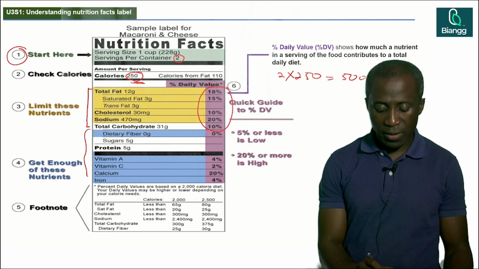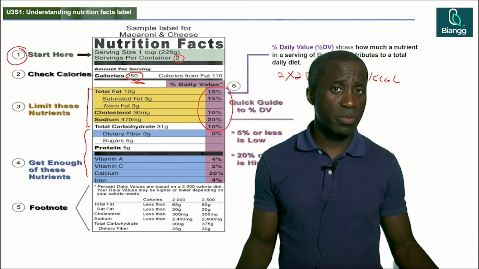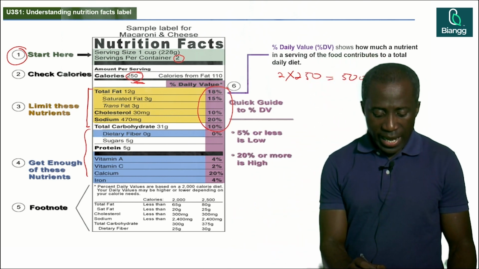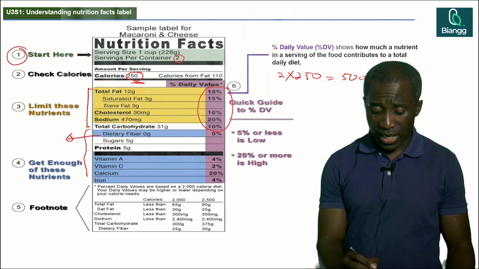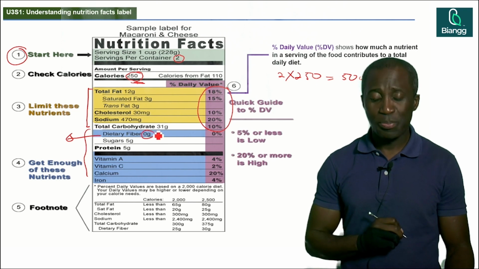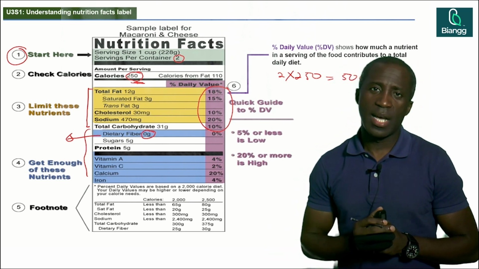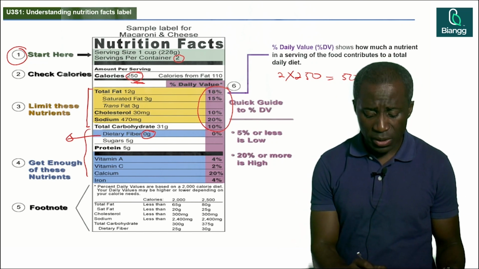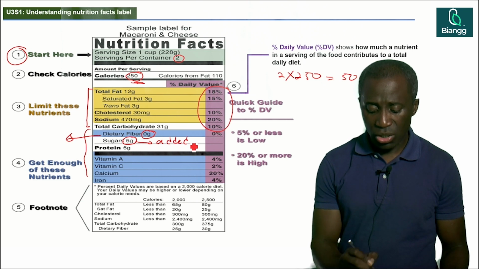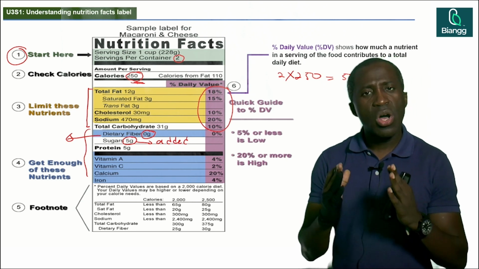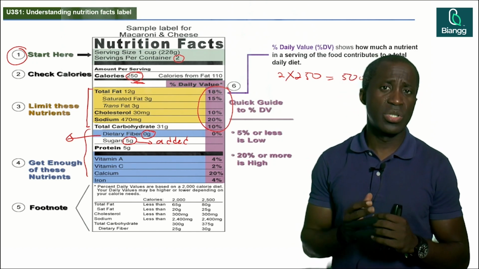So we're talking about carbohydrates that we mostly find where? From fruits and vegetables. And essentially, we focus on dietary fibers. As you can see on this food, we have 0 gram of dietary fiber. It may not be the best choice at this time. And we have sugar. Sugar here, we have to be careful that this is not added sugar. So all of these nutrients, we have to carefully look at them and make sure that we don't eat them